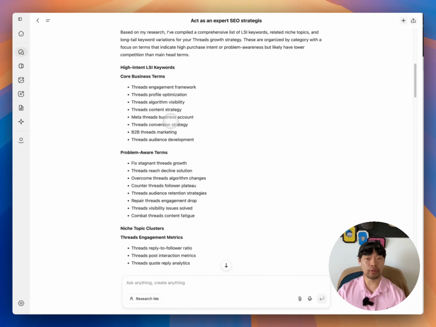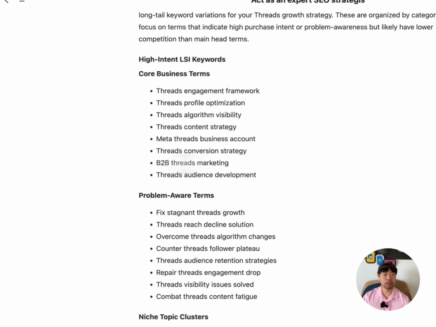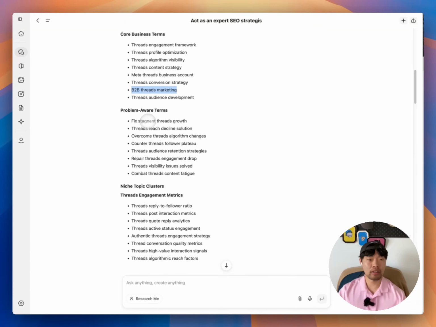If we look through the result, I'm actually pretty satisfied with what it is bringing to the table. For example, I forgot to touch on B2B Threads marketing, as my ICP was mainly individuals, but I also noticed that there are brands coming into Threads recently. So this can be a good keyword that I can capitalize on.